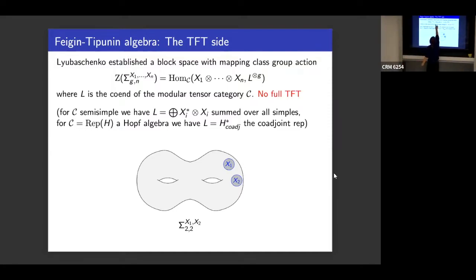So we can come up with this space, which is basically more or less writing down the only thing you can write down with this data, and also it's what you expect from Lusztig and Turaev. And then you have to, and that's what Lyubashenko did, and this is a quite complicated construction. You have to basically write down how the mapping class group acts, with generators, using the braiding, the twist, and so on. So you use all the structures you have, and you define an action of the mapping class group.